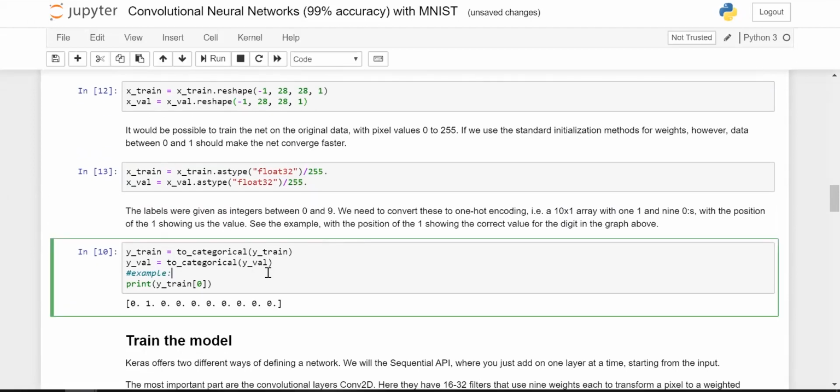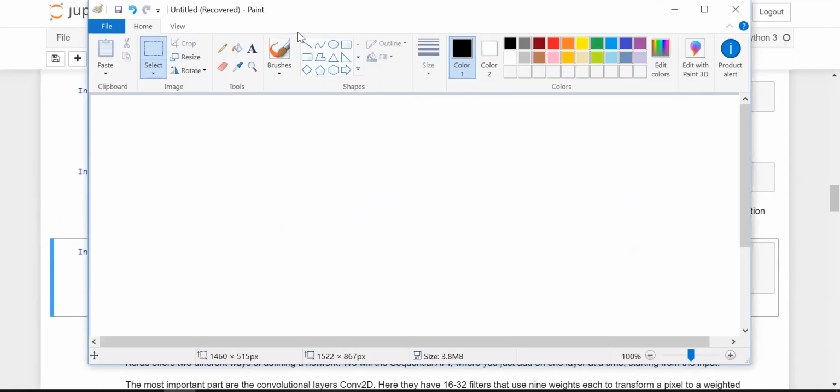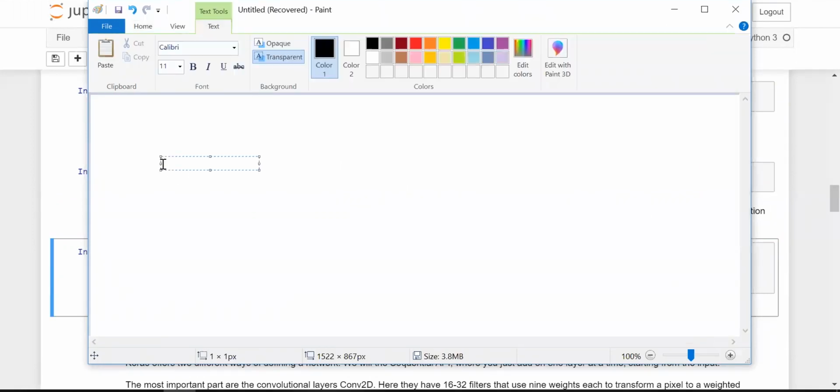Here, if you recollect one hot encoding, for example, you have a number between 0 to 9. These are the labels, and you want to encode, let's say, 1. This is how 1 will look: 0, 1, 0, 0, 0, 0, 0, 0, 0, 0, separated by commas, one entry for each digit from 0 to 9. And the value for 9 would have the 1 in the last position instead. So this is how one hot encoding would look upon your numeric data.